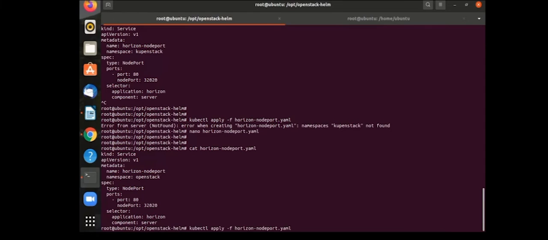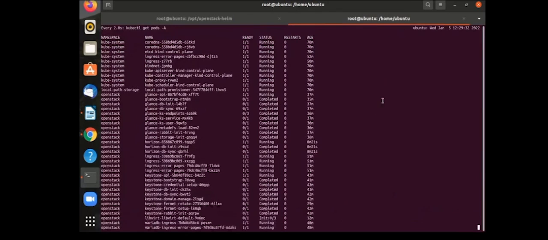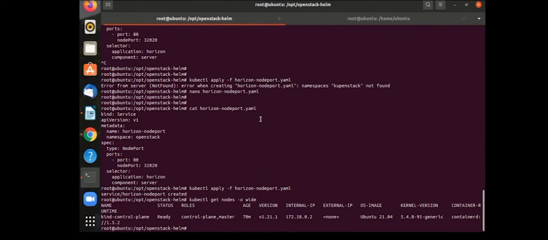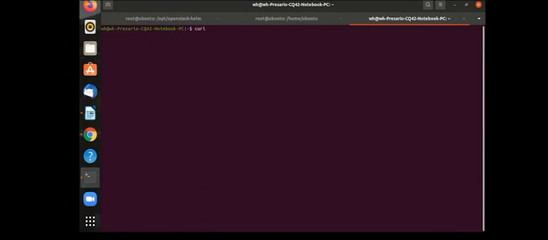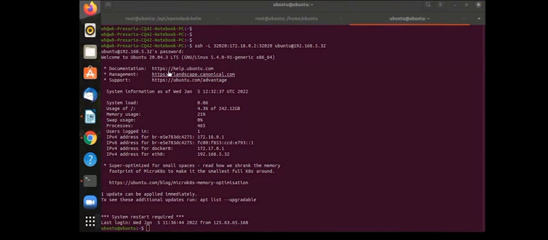So I'll get the internal IP there. It's running. Yeah, so all the pods were healthy, so now I can get the internal IP. I'll go back to the system, and what I am doing here is just port forwarding, and yeah, enter the password. Now I'll go over to my browser,